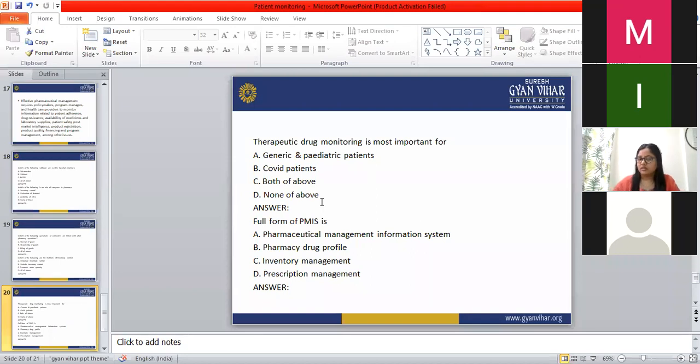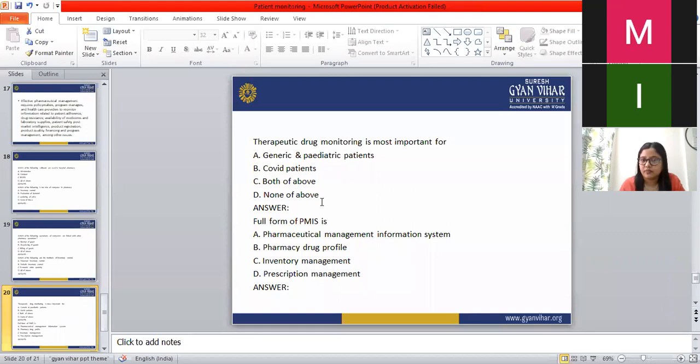Why are we using drug monitoring? Aditya Prakash, कहाँ चला गया? ठीक है. Naseem, yeah, tell me if you know the answer. Ma'am, both of the above होगा. Okay. इसलिए